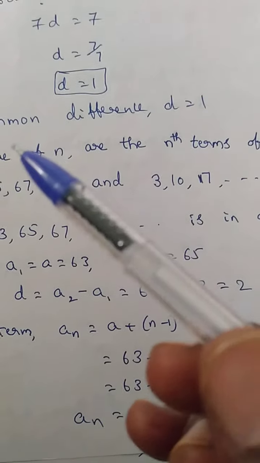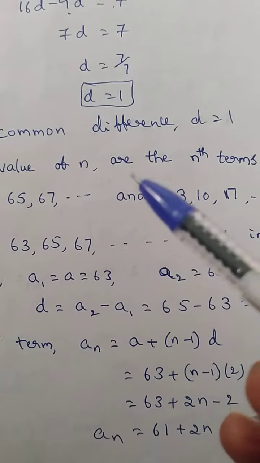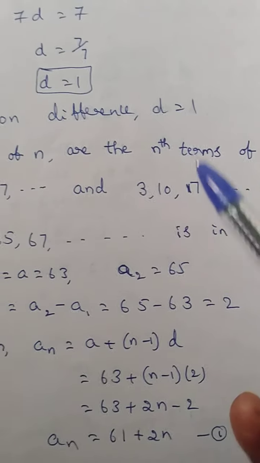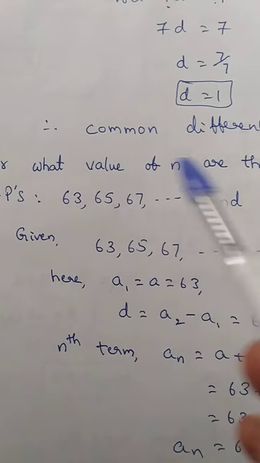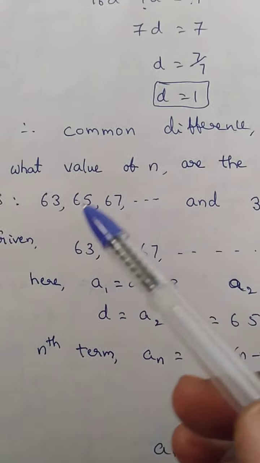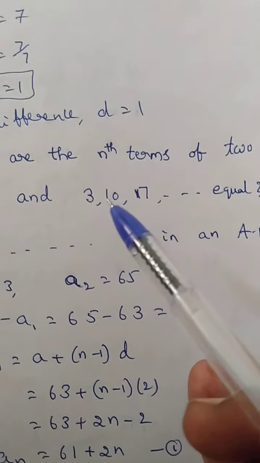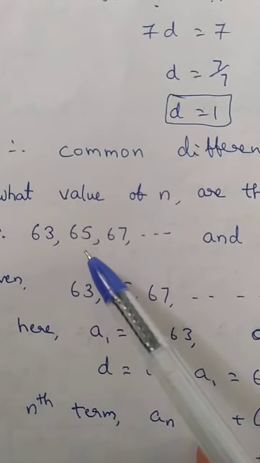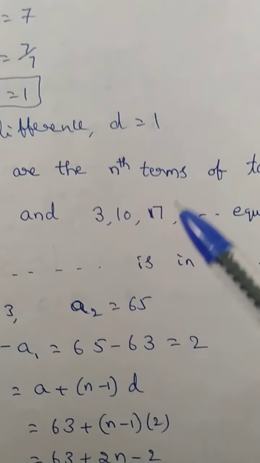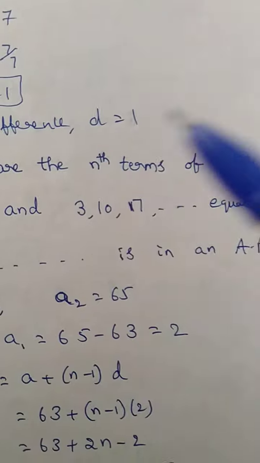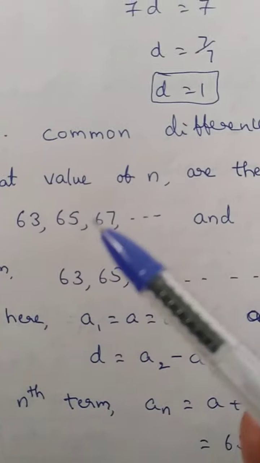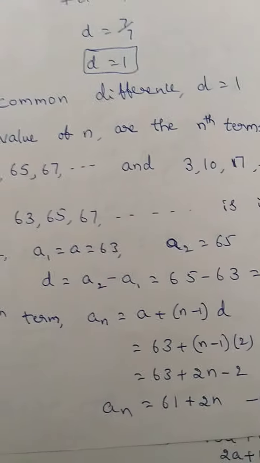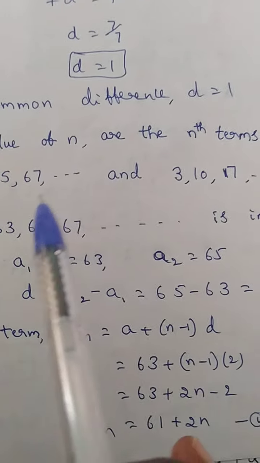So what is the nth term formula? a plus n minus 1 into d. a means the first term. We know the first term here and we know the first term here. d means common difference. We'll find out the d value. Here the d is 7, here the d is 2. So where the common difference is small, the terms increase very little, and where it is large, the terms increase very much. Here 2 is changing, here 7 is changing. Then somewhere the terms are to be equal.